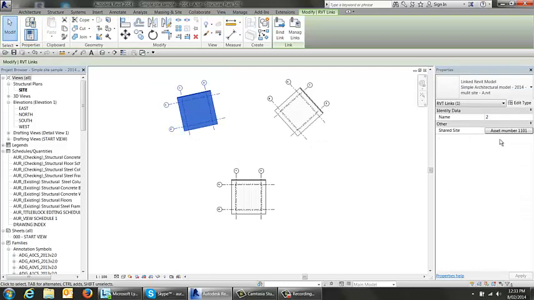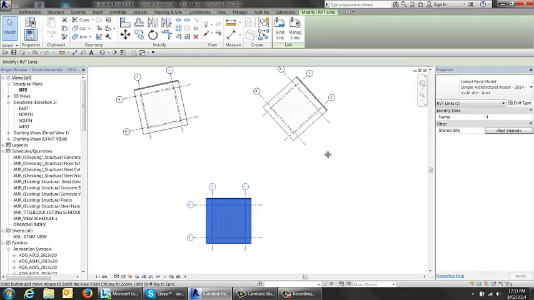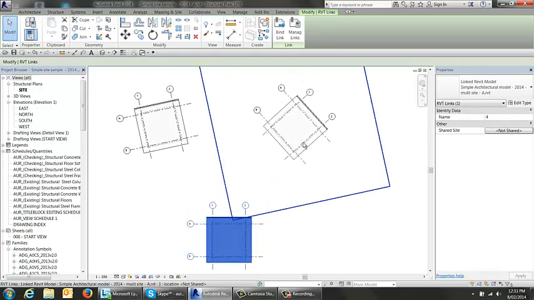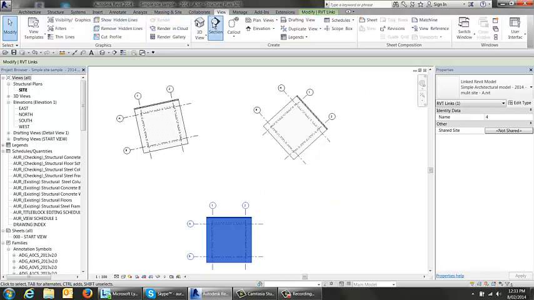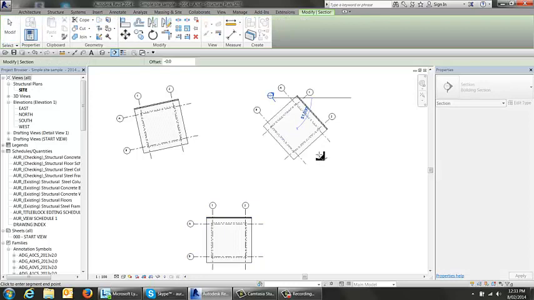This one is a shared site, still called Asset 101. This one, because I copied it, is not shared, and this one is not shared. Okay. Now, little other complication is this version here is 150 mils lower than this one, and this version here is 800 mils lower than that one. So we'll go and just cut a quick section, view section. So we'll cut a quick section through here,